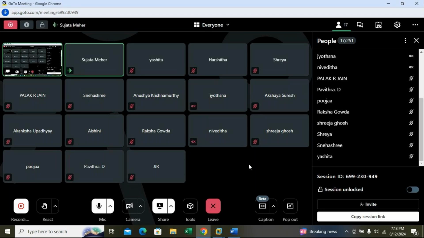Anyone has done one payment transaction? If you want to share the screen, you can share now.